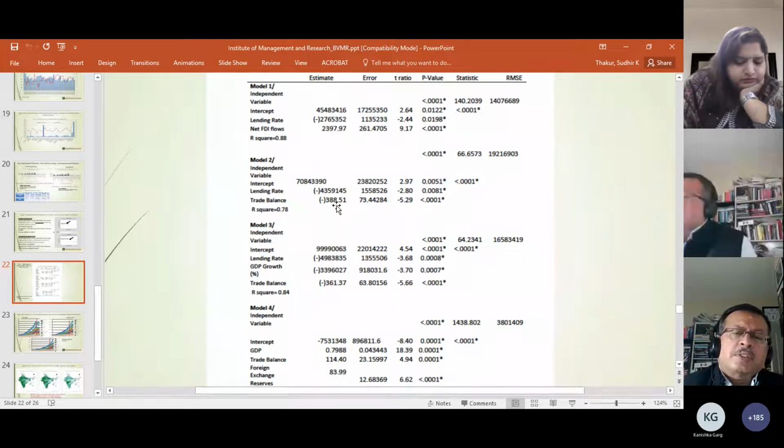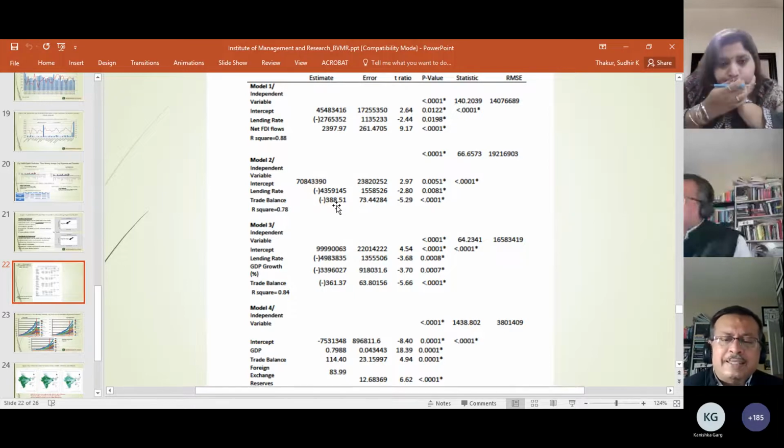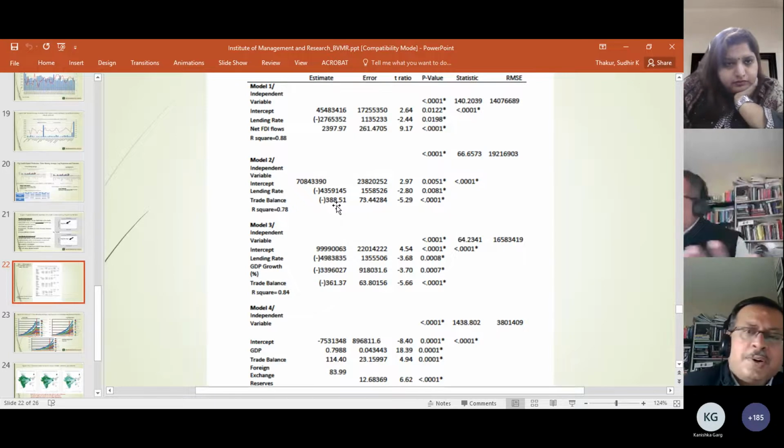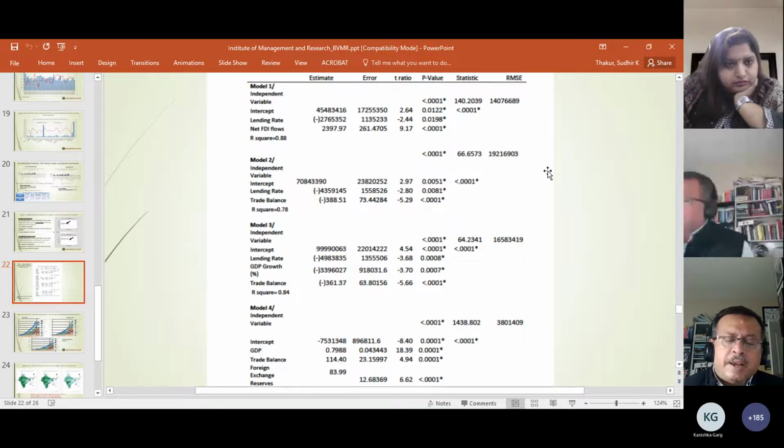So all of the models are quite robust, and in order to check the performance of the model, I computed the F statistics and the F ratios. All of them are significant. Basically, the null hypothesis is that the slopes are equal to 0. The alternate is not equal to 0 because the p-values are less than 0.001. It tells us that all of the explanatory variables are doing a good job in terms of explaining the variation